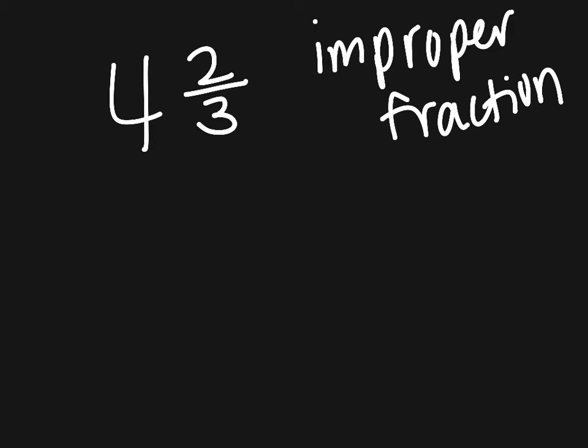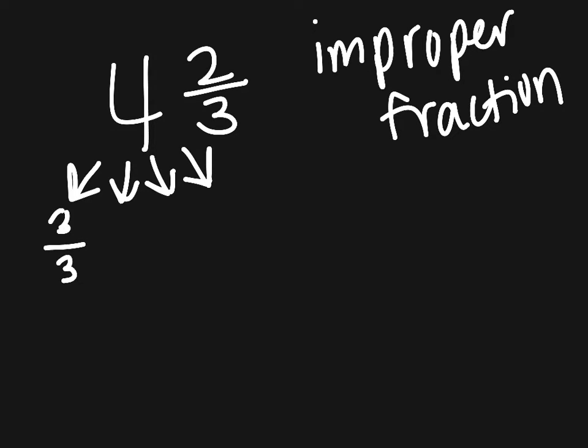So 4 2/3 is a mixed number, and I want to turn it into an improper fraction. What I really want to know is how many thirds there are in 4 2/3. One way I could think about this is that 4 is made up of 4 ones. And I know that a fraction over itself equals 1. So 1 whole is 3/3. Second whole is another 3/3. 3 and 4. So I can see now that I have 1, 2, 3, 4 groups of 3/3, which could